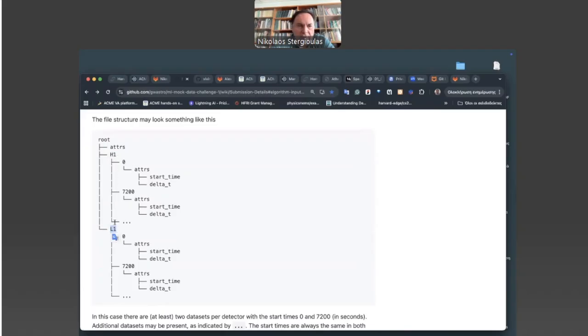And then in each group, there are data segments specified by their length. 7,200 is in seconds. When these files were created, there was a minimal length of 7,200 seconds specified. And each such data segment also has two attributes, which are the start time and the time step, delta t.